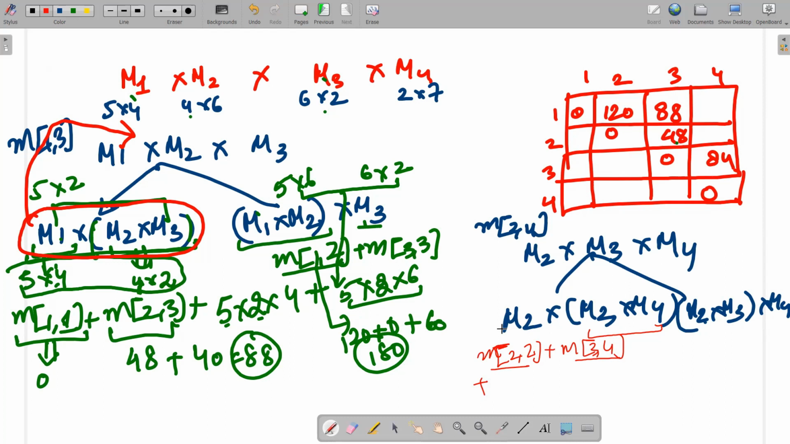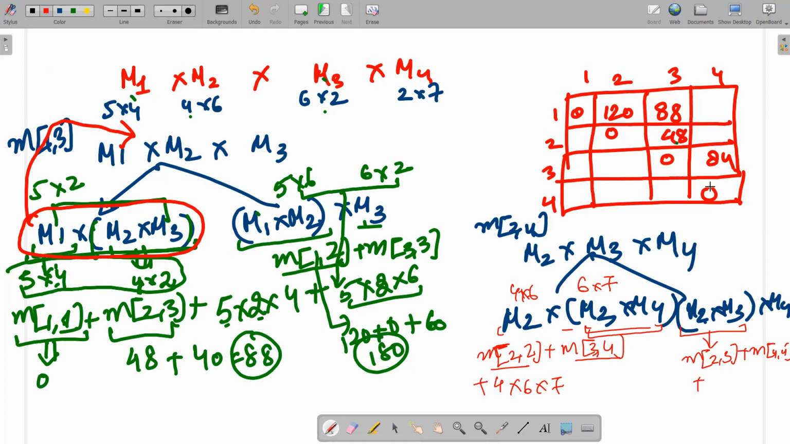But I have to calculate the cost of the matrix multiplication of M3, M4. M3, M4 result is 6 cross 2, 2 cross 7. The result is 6 cross 7. And M2 is 4 cross 6. The answer would be 4 multiplied by 6 multiplied by 7, because 6 is a commonality. Same applies with M2, M3. I'm writing M2, M3 over here plus M4, 4 over here plus